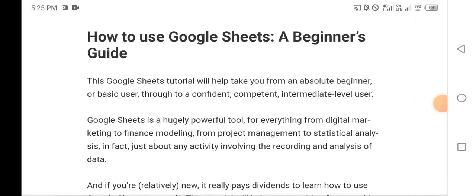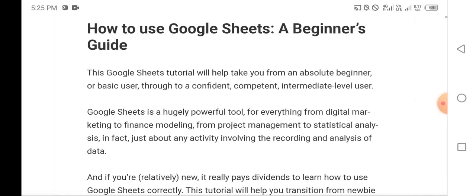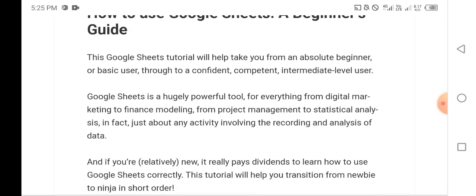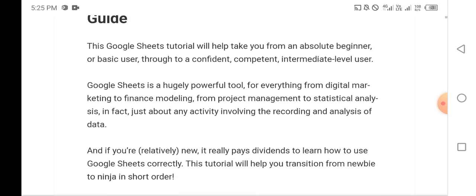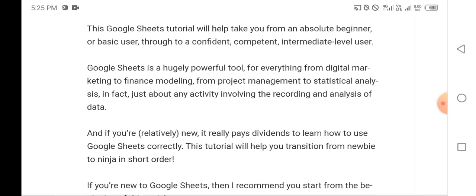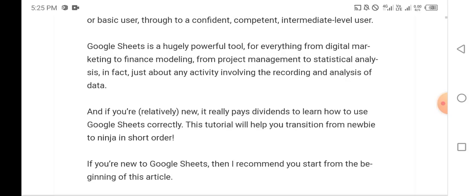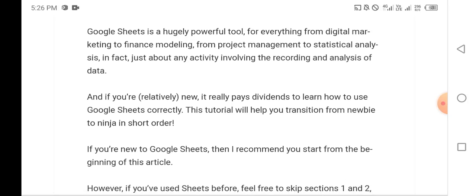Today we are talking about how to use Google Sheets, a beginner guide. The Google Sheets tutorial will help take you from an absolute beginner or basic user through to a confident, competent, intermediate level user. Google Sheets is a hugely powerful tool for everything from digital marketing to finance modeling,